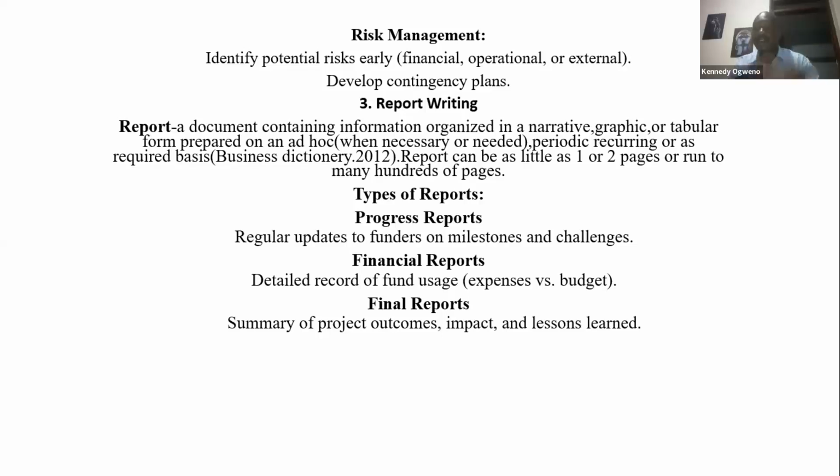Then the final report: a summary of the outcome, impact, and lessons learned. The final report now is the crown of it. You write to your funder, telling them, this is what we've managed to do, and we've completed the study. These are the outcomes. This is how it was impactful. And what are some of the lessons we learned? What are some of the weaknesses that were there? What are some of the challenges that we observed along the way?